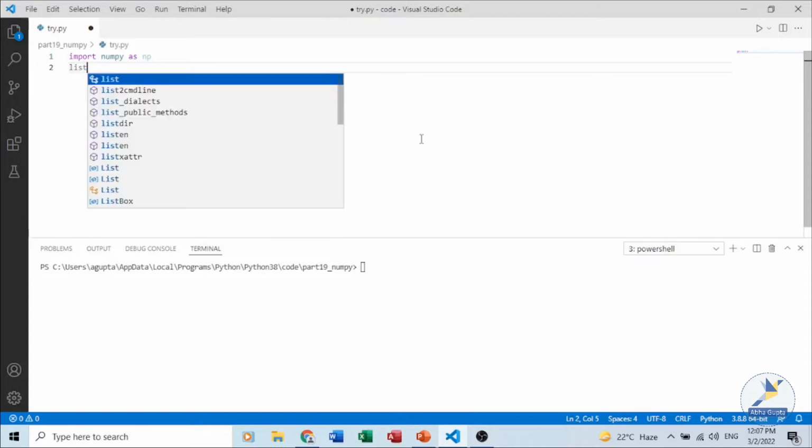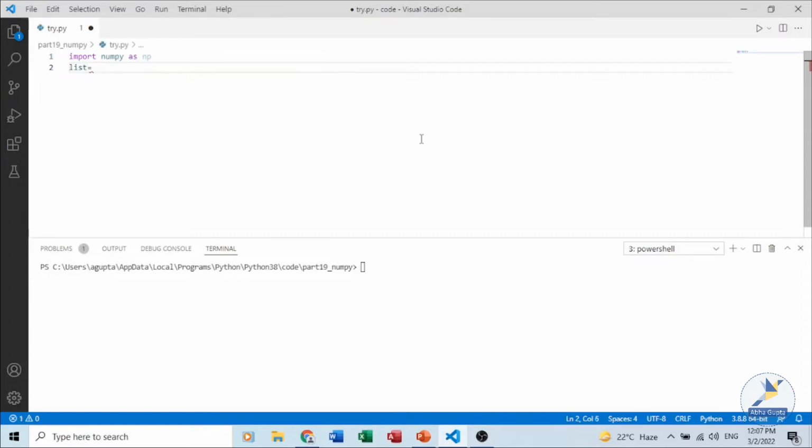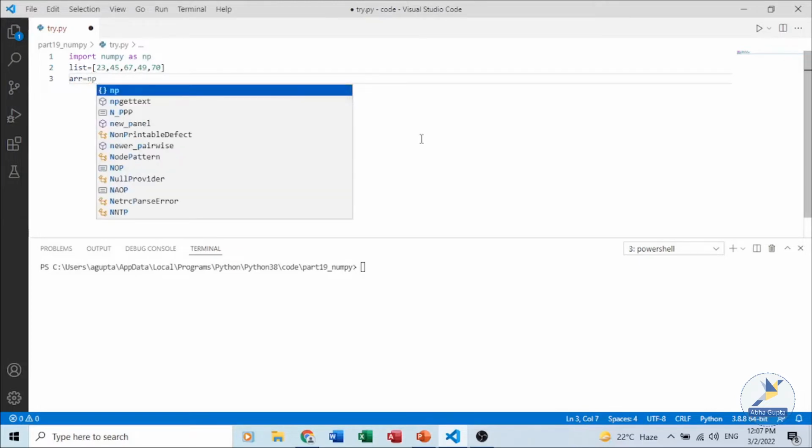So for example, we have a list equal to, we'll give some data, say 23, 45, 67, 49 and 70. This is the data which is stored in my list. Now to create an array, we create a variable. If we are not giving an alias name to the library which we are importing, then directly we can write numpy.array.